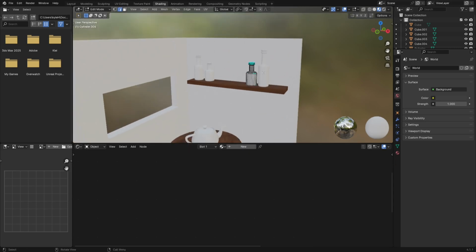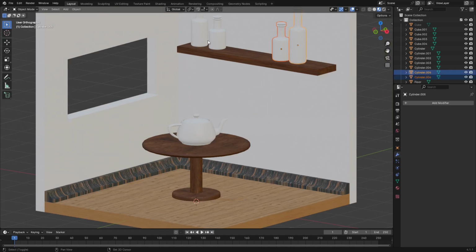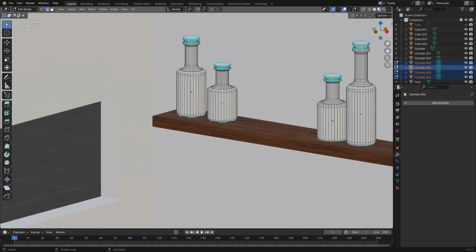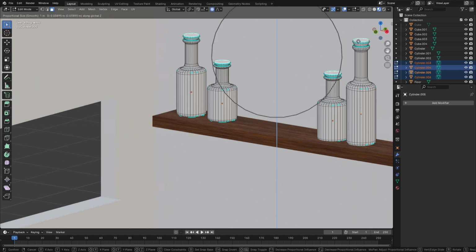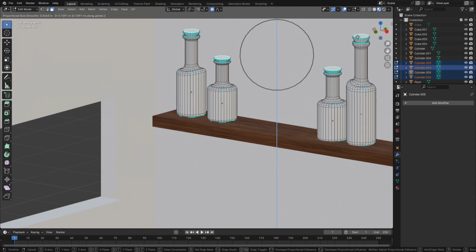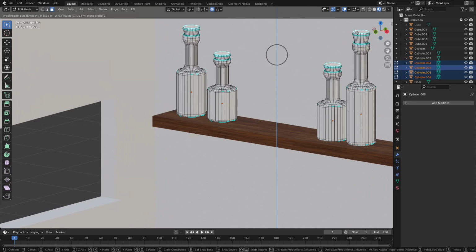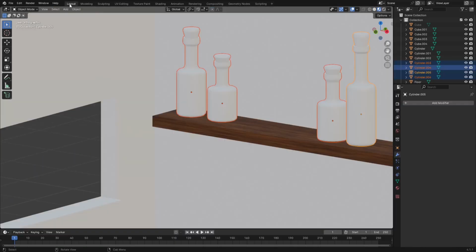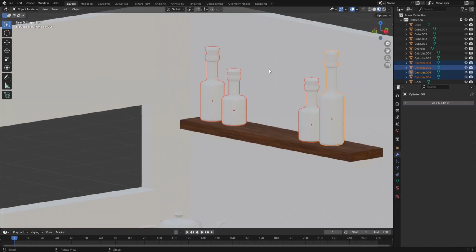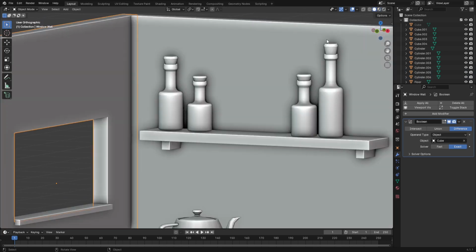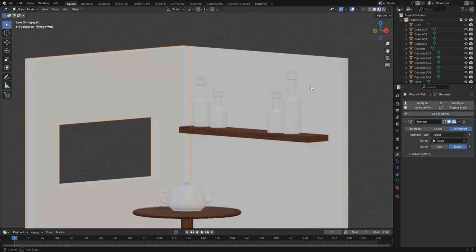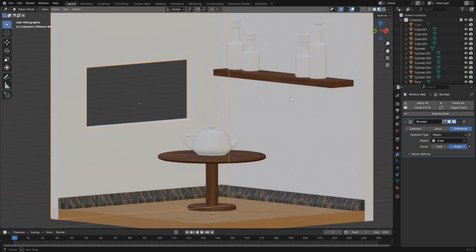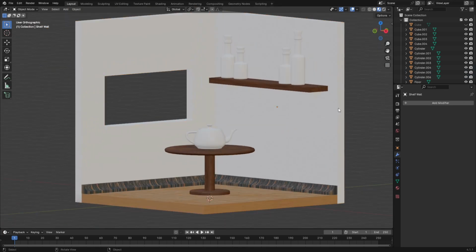Next, we're going to go on to the bottles, which we're going to do a little bit differently. I'm actually going to make the cork slightly taller. You can see I'm doing this by selecting each of the top faces, pressing O, and using something called proportional editing, making the necks of the bottle a little too long there, which you can see I think looks alright originally. I take a better look at it and I'm like, no, that doesn't look quite right. Especially that end one there that's really tall. So I will go back in